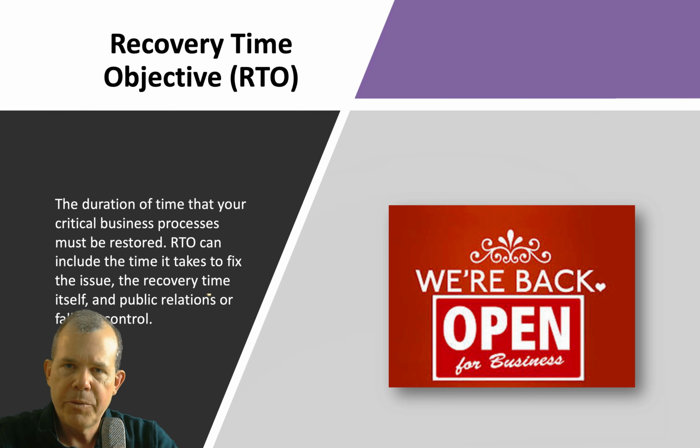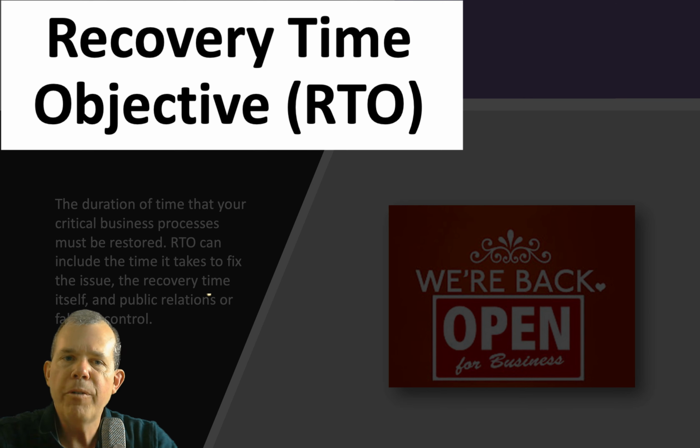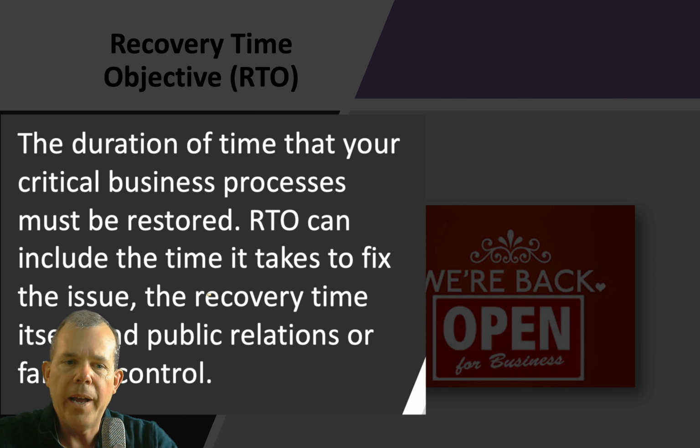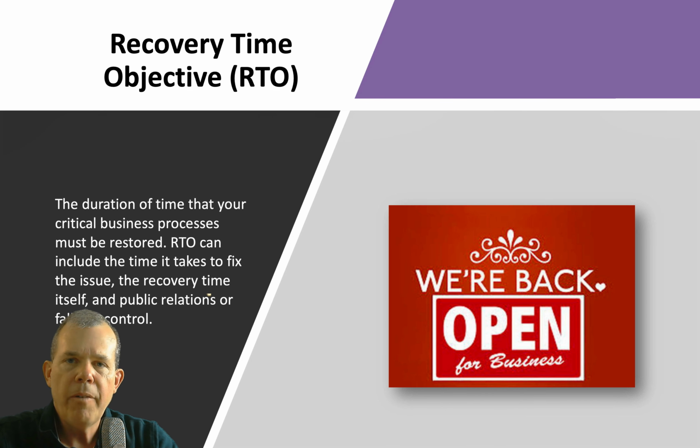Now, there are two important metrics when it comes to expectations of your plan. The first one is called the RTO, the Recovery Time Objective. What that means is how long can we be out of business? So the duration that your critical process can be offline. So this includes the time that it takes to identify and fix the issue and put you back into business. So for instance, if you're a hospital, your recovery time objective is probably 0. You can never shut down. We want to make sure that we can take care of our patients. However, if you're running a restaurant, you can probably shut down for a couple of days to clean the place up if it's really that bad. The main idea is, how long can your business really afford to be offline?